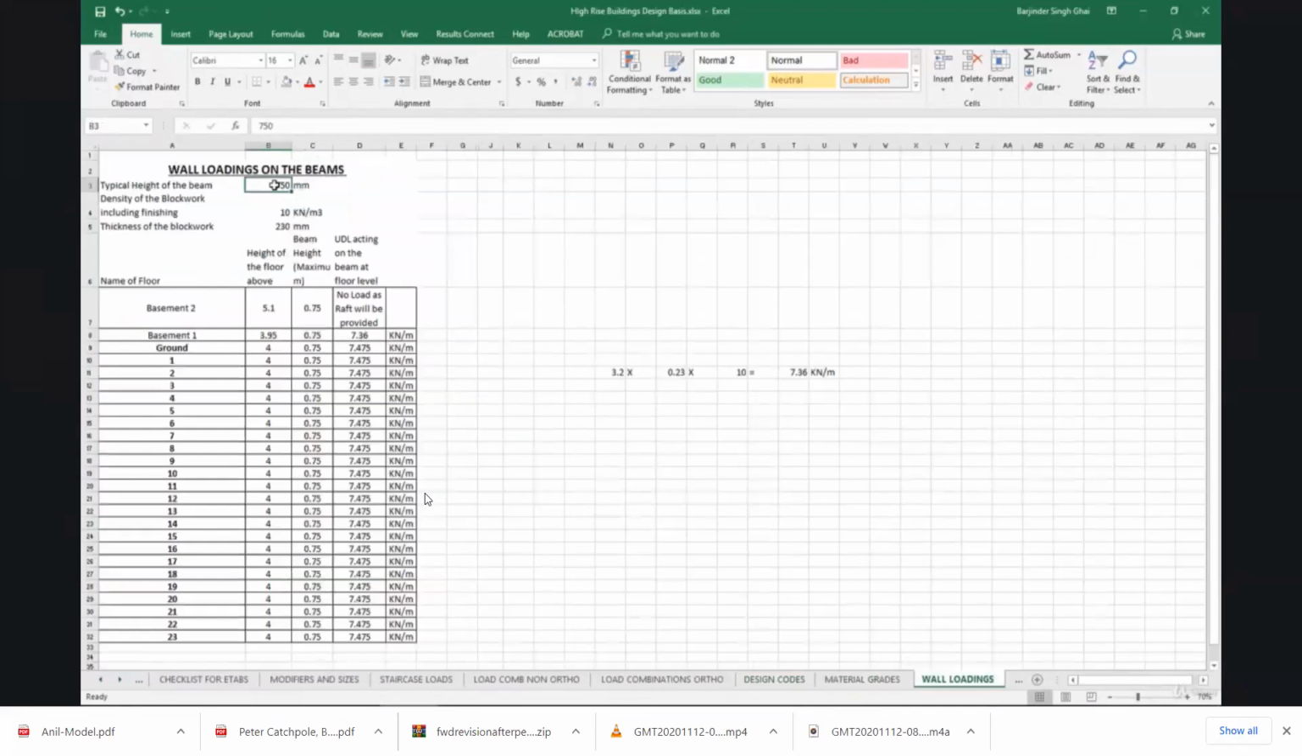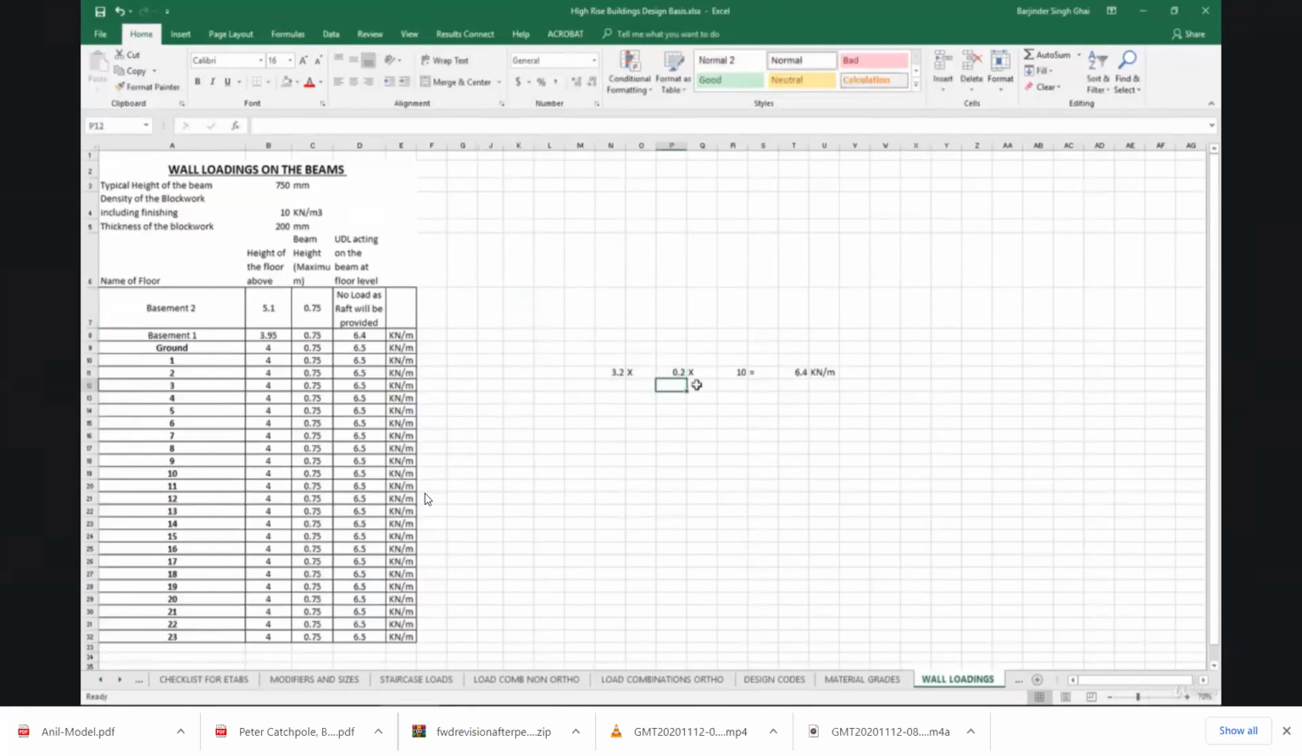So here we can consider the typical height of the beam as 750 mm, and the density of block work lies in the range of usually 10 kN per meter cube, and the thickness of block work is usually 200 mm. So this is simple math: we need to subtract the beam height from the floor height, because that will be the only effective height of the block work. So in this case, for example, in floor number 5, 4 minus 0.75,